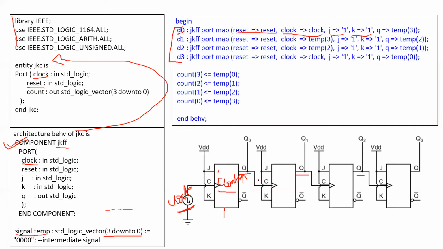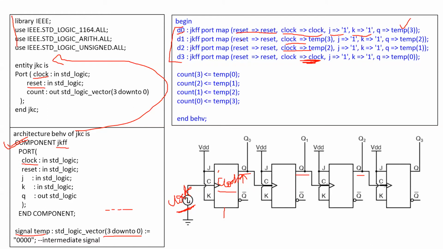Next, this value is now acting as the clock for the next flip flop. So in the clock of this particular flip flop, I am simply calling the value of temp3 which I have mentioned over here. So you can see the clock is now assigned to temp3, and again J and K are assigned 1, and then the value of Q is temp 2. Then this temp 2 value is now acting as a clock for this particular flip flop, and the Q value is assigned to temp 1, which is now acting as a clock for the next.